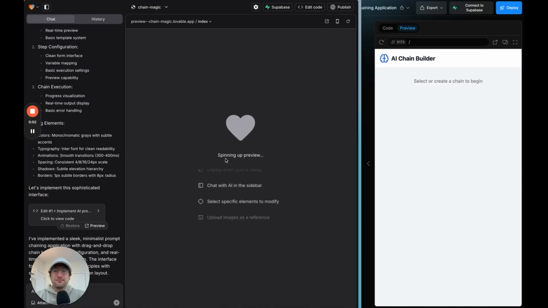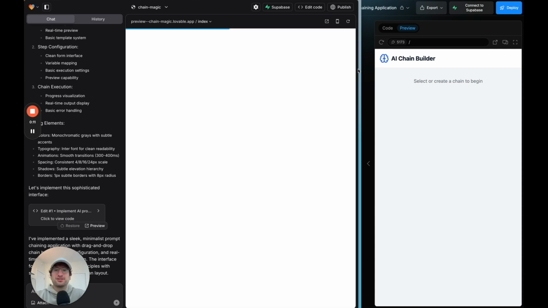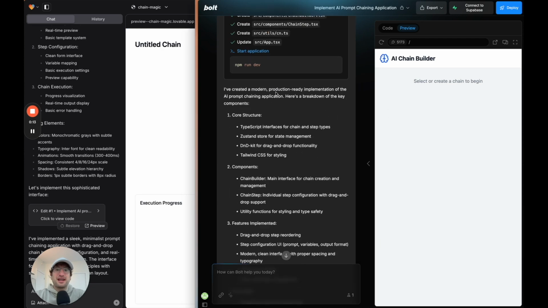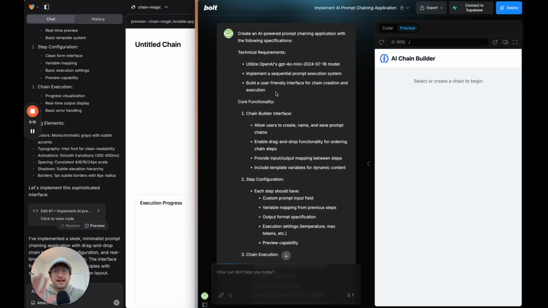So we're doing another Bolt versus Lovable test. We're going to have them try to build the exact same thing side by side so you can see which one gives us the better result. So the prompt that I gave it, I can go up to the front, the exact same prompt for both,